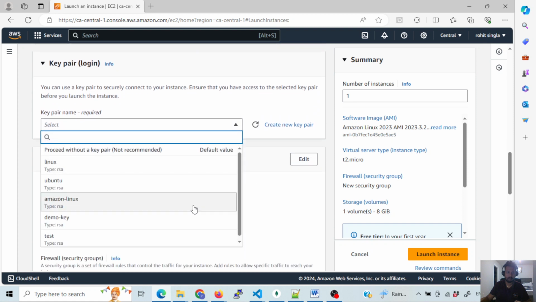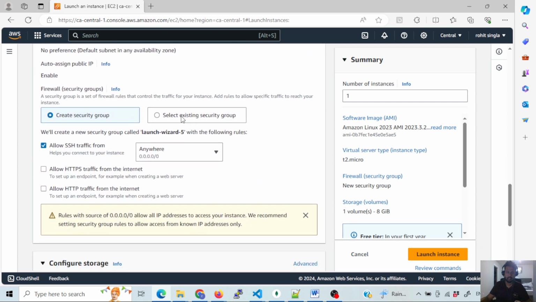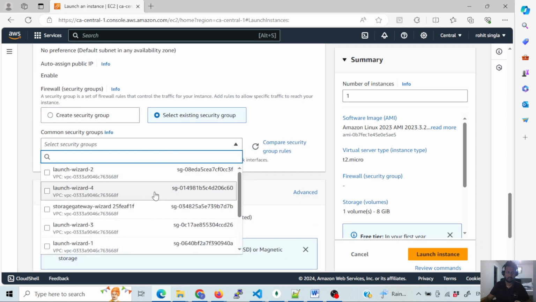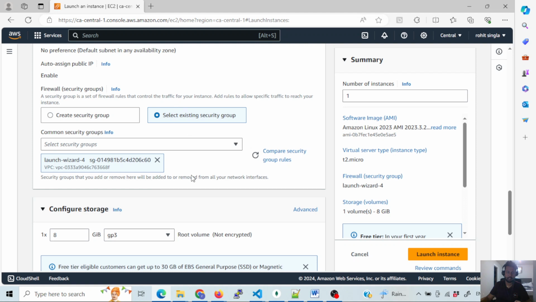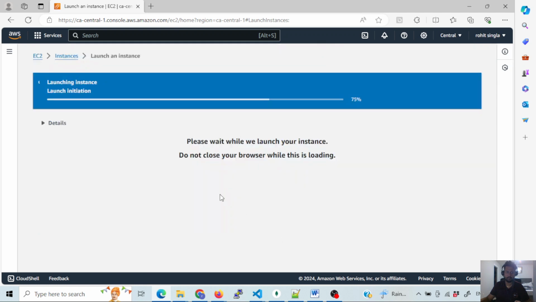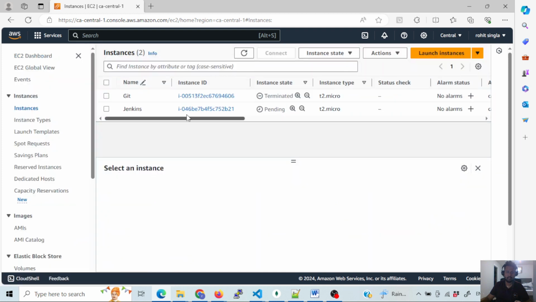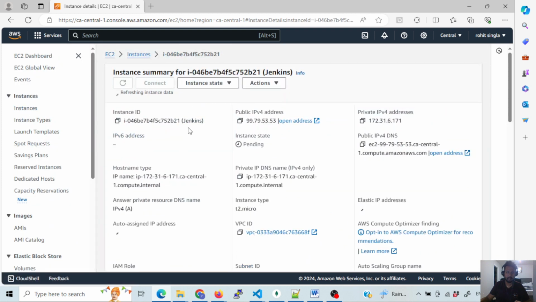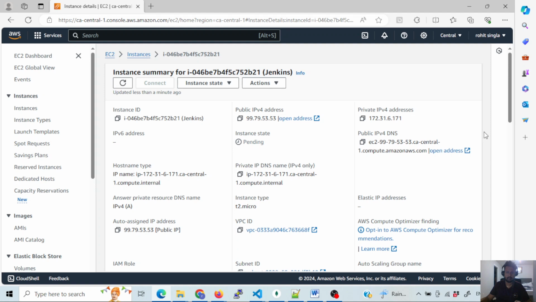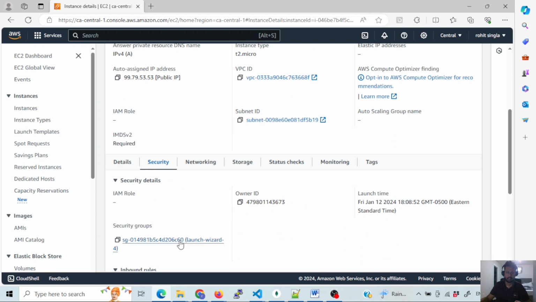I already set it up here, so I go with the old one. Just make sure the custom TCP 8080 port number is open, which I will show you as well in the security group, where you can see all the ports I have open. If we scroll down a little in the security group, this is my security group. If you open a new tab,